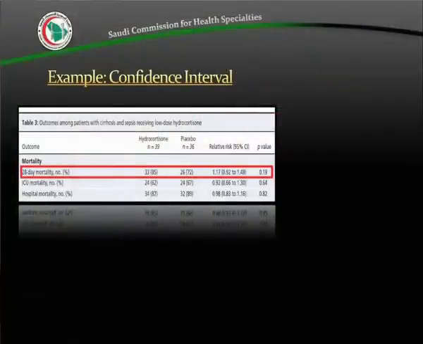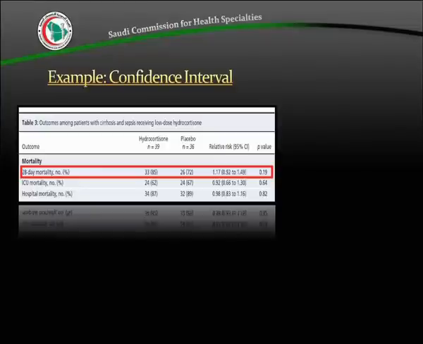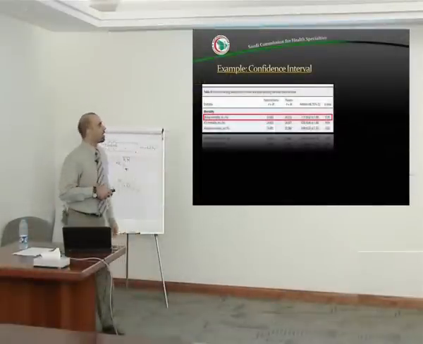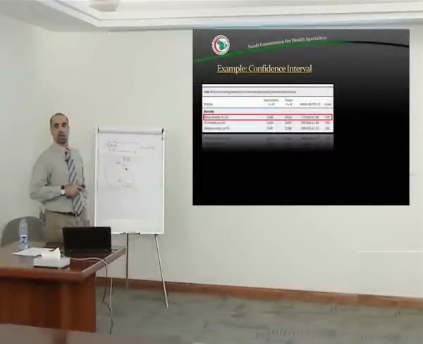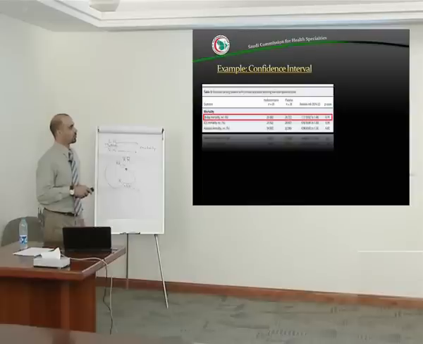This is the result of this study. 28-day mortality. This is hydrocortisone versus placebo. So I have 33 out of 39 died, 85%, and 26 out of 36, which is 72%, died. And I look at the relative risk, it was 1.17. What would my conclusion be? There is an increased risk of death among those who take hydrocortisone. What's the confidence interval? It's between 0.92 to